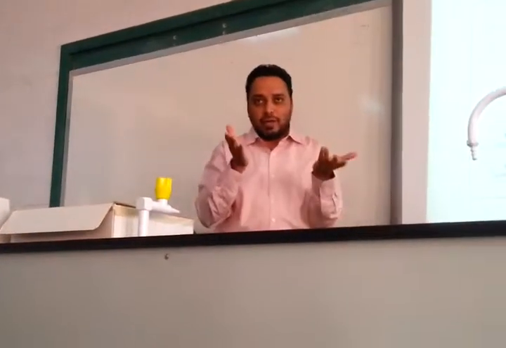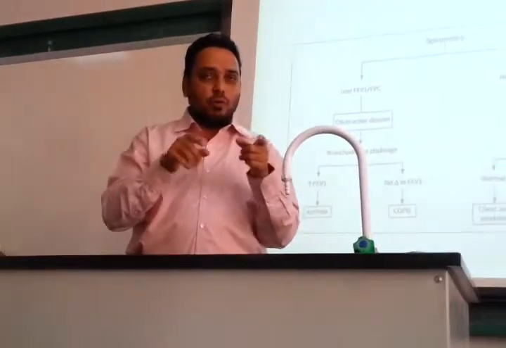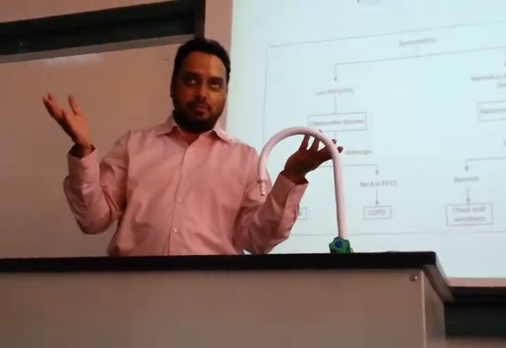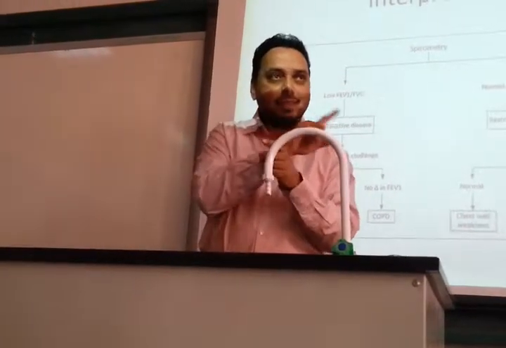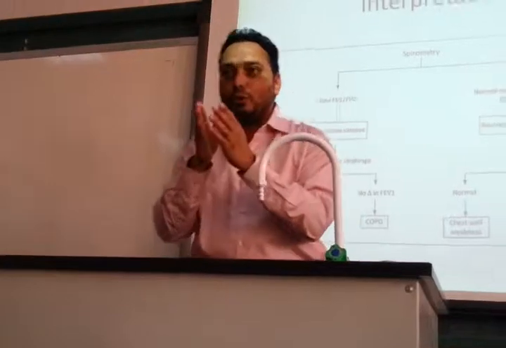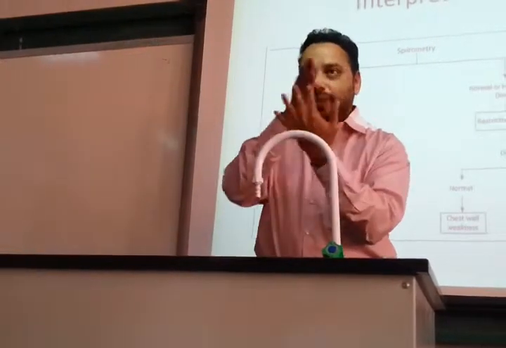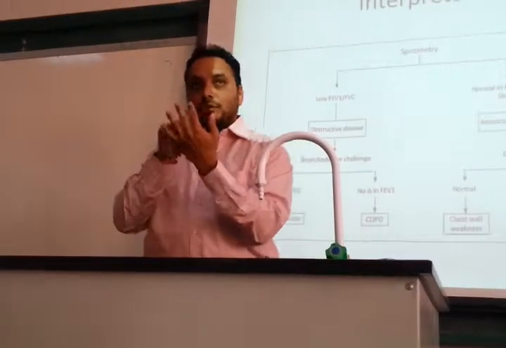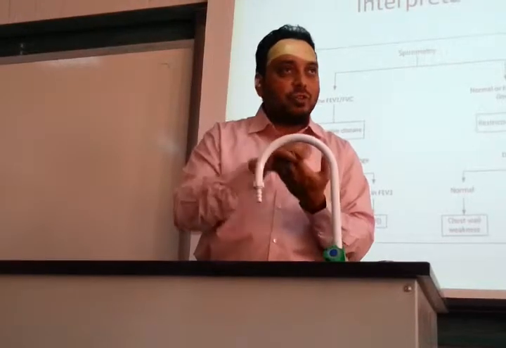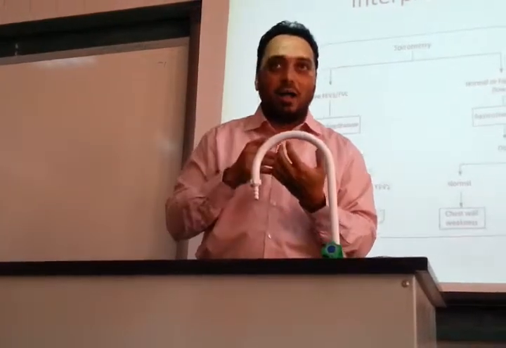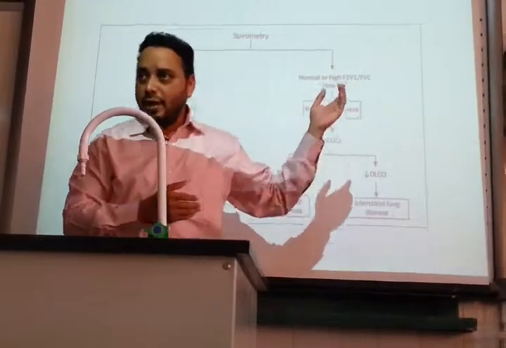Okay, so when you go to the level of the alveoli, in the alveolar wall, what is coming inside the alveoli is air, right? Where does this air go then? There is exchange of gases through the respiratory membrane. It has 5 layers. So there are changes in this respiratory membrane and in the surrounding parenchyma. That is why it is called interstitial lung disease. I told you in the beginning.